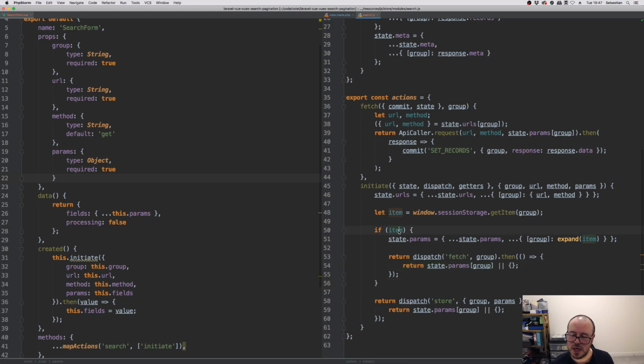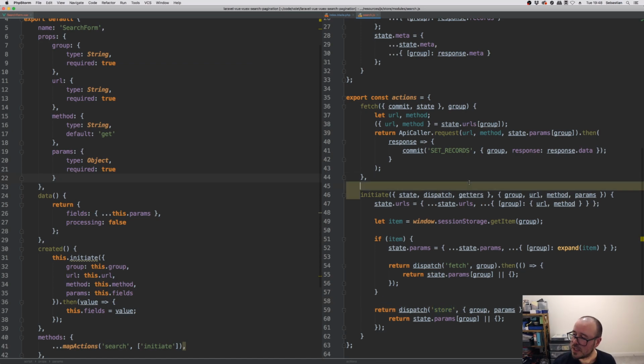Okay, so again we retain the same thing as from this call. The only difference is obviously here we had already pre-existing items saved, the query parameters, and then we just called fetch and return the params, and here we are going to store the ones that we're passing through as an argument as a fresh item on the session storage, and then return them as well. Okay, so our initiate action is completed, but we obviously need this store action to make sure that we store this new data. Okay, so store, which will take commit and dispatch,